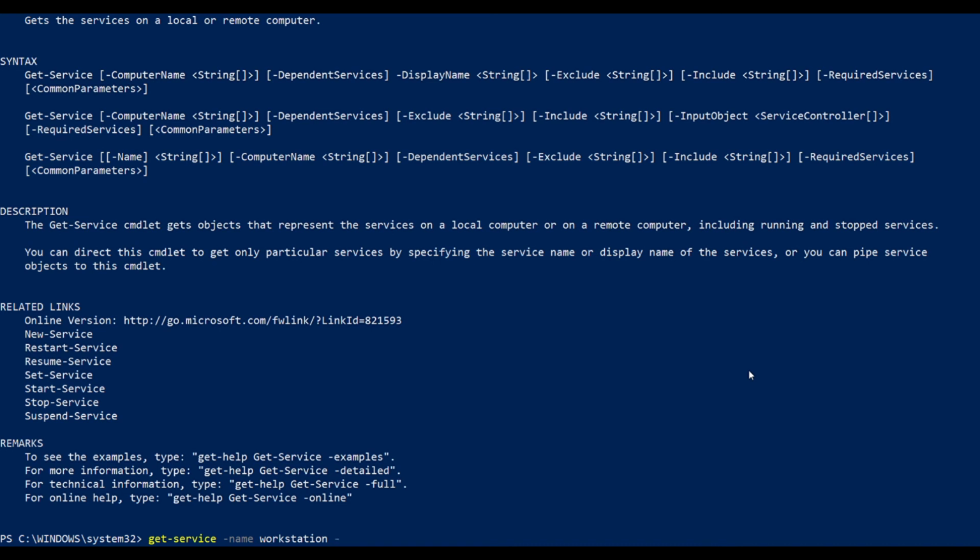If you give hyphen, the second parameter, it will automatically generate for you ComputerName, which is localhost. And the third parameter, DependentServices, if you can see from the syntax. And if I go ahead with DisplayName Workstation,